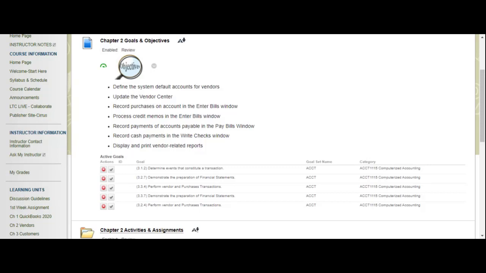So any questions about those types of transactions and the difference between the two of them? The other goals, let's go over them really quick. The other goals today are really going to be in QuickBooks. And we're going to go into QuickBooks now and look at these, and then we're going to come back to